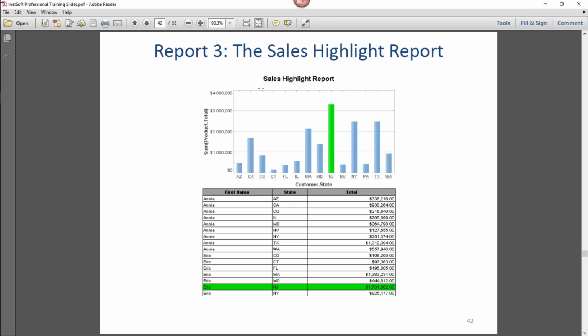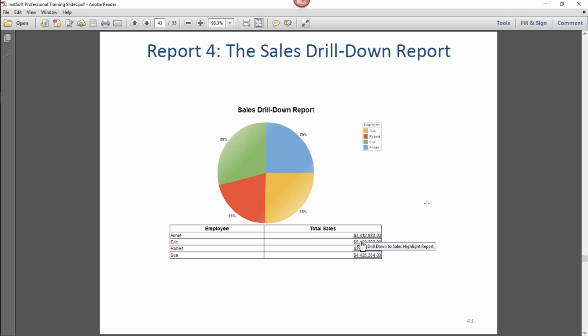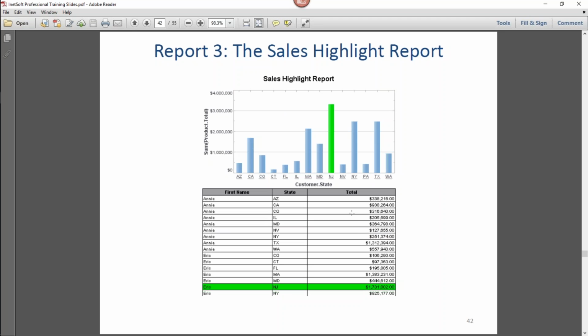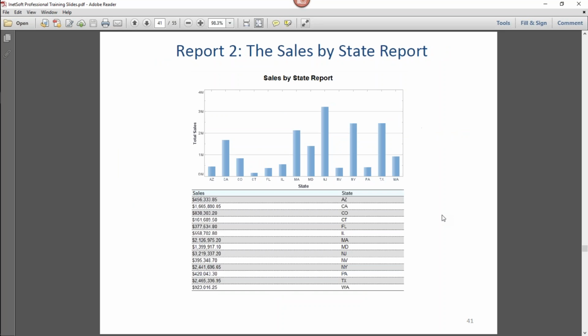And the second example is similar kind of thing, except there's a little bit more going on here. We'll look a little bit at filtering in a report, dynamic filtering, that is parameterized filtering, and also doing highlights. You see that there's a green highlight that appears here. And then if we have time, we'll move on to a summary type report that drills down to this detail information. So that's the plan. Again, it's just to give you a taste of basic reporting topics. So let's begin with this very simple report here.